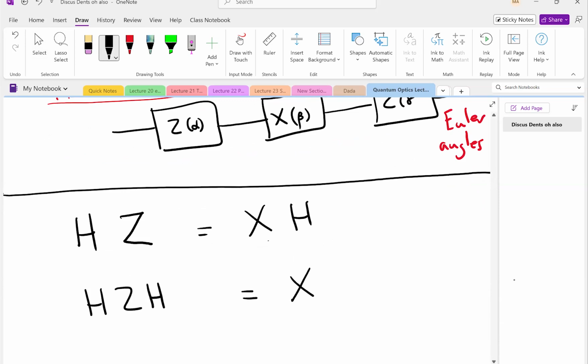Okay, so if I multiply this right hand side on the right,